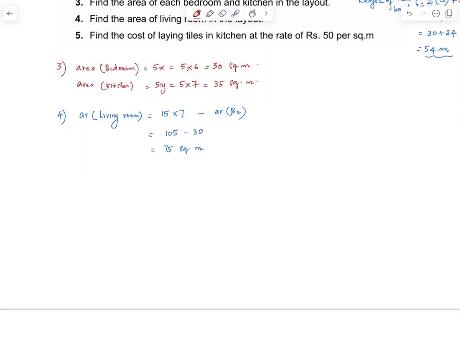Question 5. Find the cost of laying tiles in kitchen at the rate of rupees 50 per square meter. Cost of laying the tiles is total area of the kitchen into the cost per square meter. Area of kitchen is 35 and cost per square meter is 50, which is